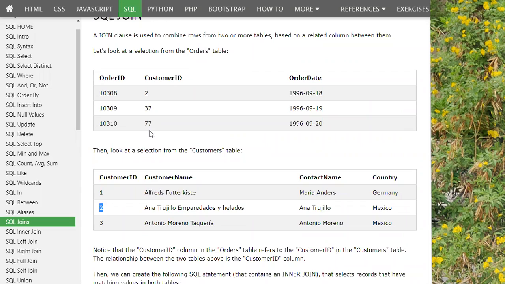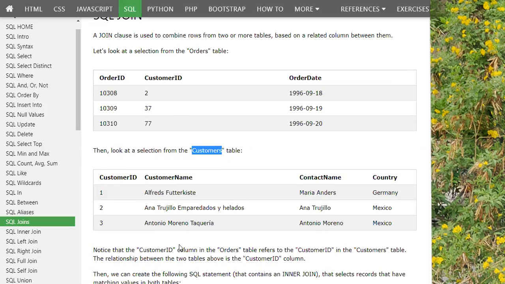But suppose I write the orders table first and the customers table second, so the left table will be orders and the right table will be customers. In that case, apart from 2, it will also display the two records with customer ID 37 and 39. In case of right outer join, it will of course print the common rows also, but it will print all of the right table.